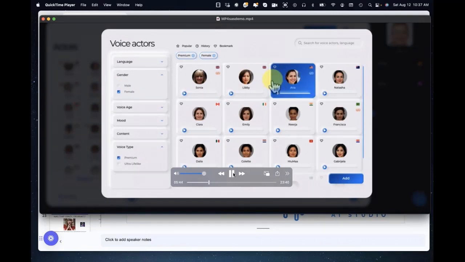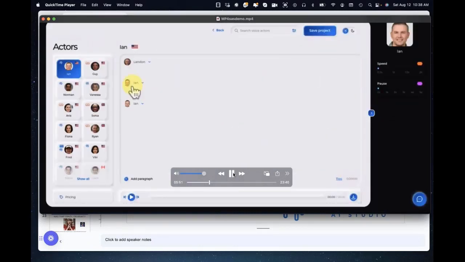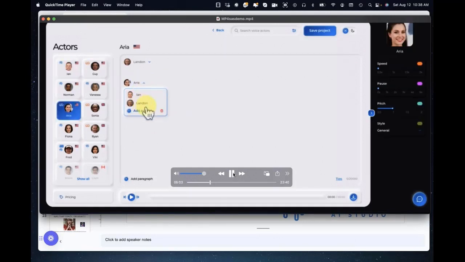Even though this is an AI-derived voice, not real human-based, it's still an excellent voice. I will add that. Now the drop-down box gives me a choice of Landon and Aria, so I can have them converse with each other back and forth. Let's put Aria there. Now for Landon, we want him to say something, anything.